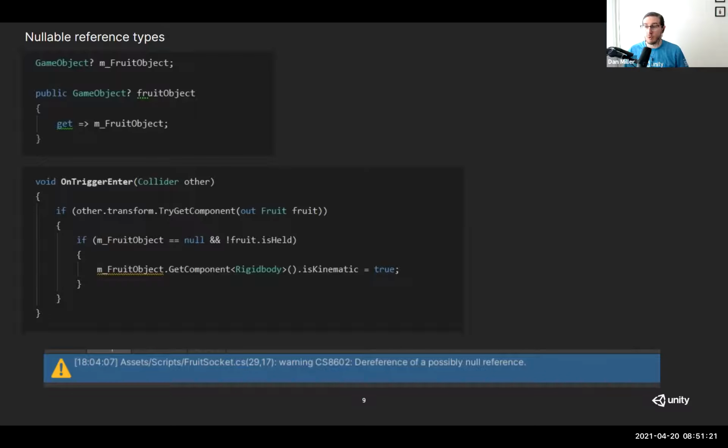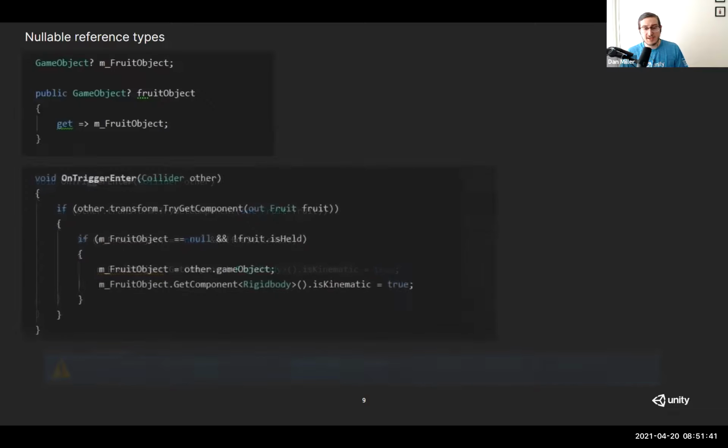Now, since I've made these nullable, you can see that the console here gives me a warning. It says, hey, you're possibly going to be hitting a null reference exception here, possible dereference. The way this works is that the logic can go into if statements, modify your flow, and warn you if there's going to be a potential null reference exception. In this specific case, we can just assign that game object there, and then grab the component, the warning goes away, and we're all good.